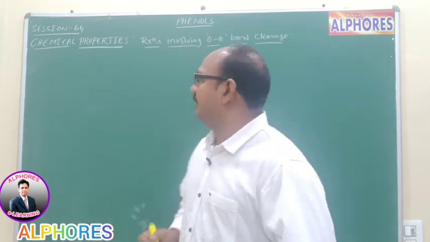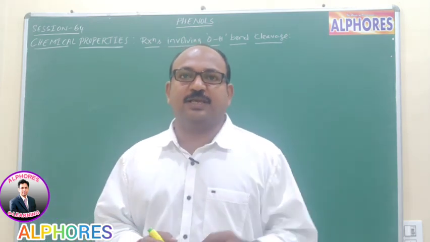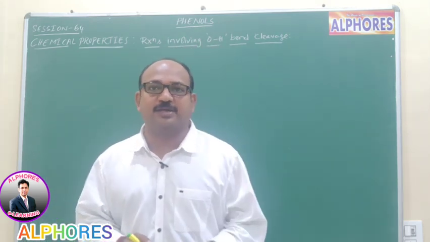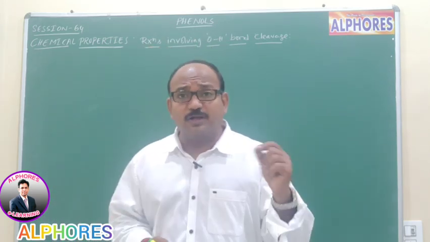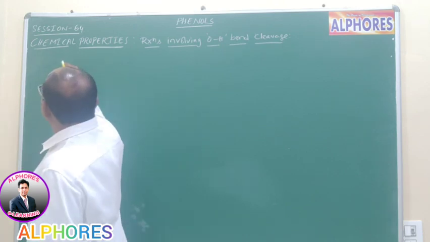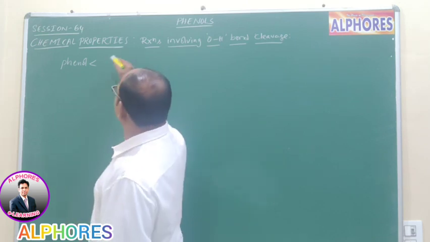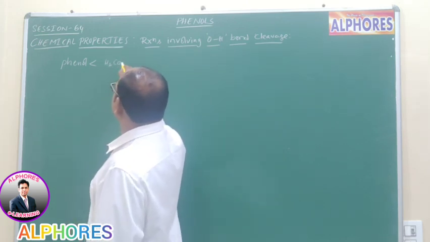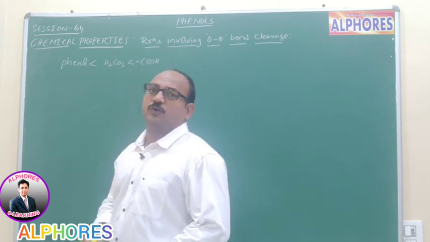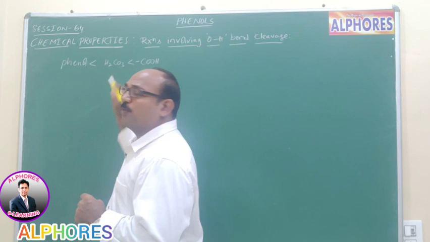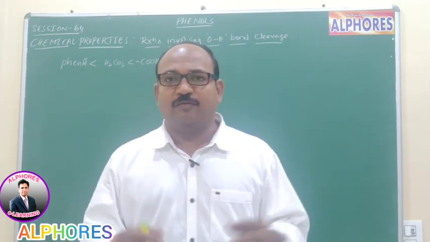So it is very clear that compared to carboxylic acids, phenols are less acidic. That means phenols are weaker acids than carboxylic acids, and not only compared to carboxylic acids, but also compared to carbonic acid. The acidic nature of phenol is less than carbonic acid, H2CO3, and less than carboxylic acid, RCOOH. Based on this point, we are going to learn which type of reagents phenol can react with.